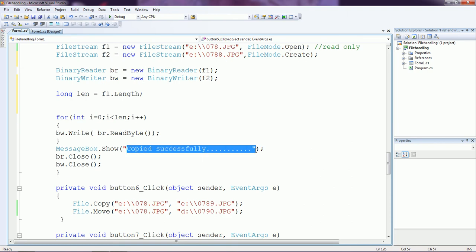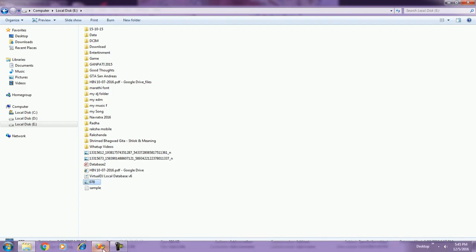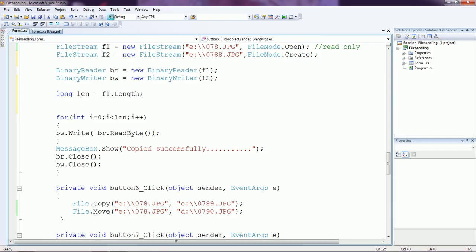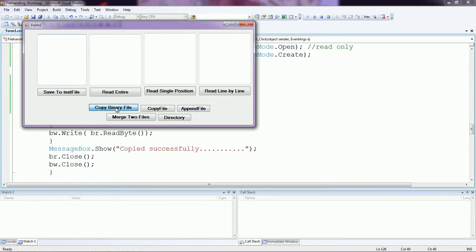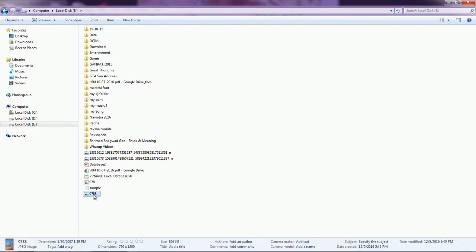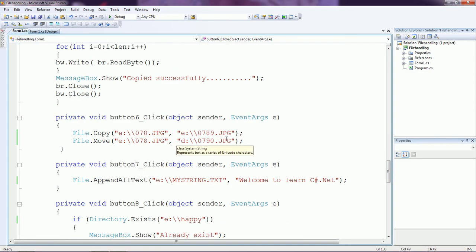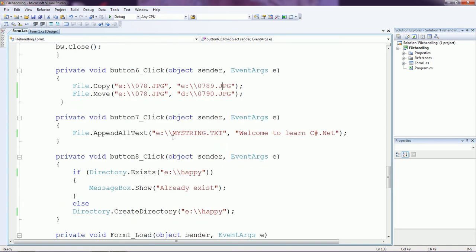whenever we get the message copied successfully, then let us check whether the file is located or not. Let us run the program. Copied successfully. Okay, here the file is created. Okay, you can use, instead of a jpg file, a gif file, avi file, mp3 file. Okay, after that